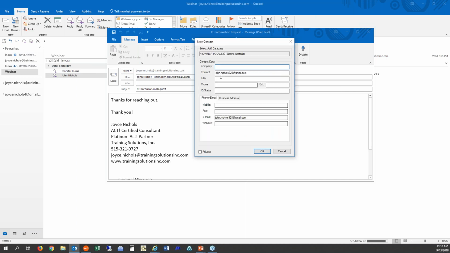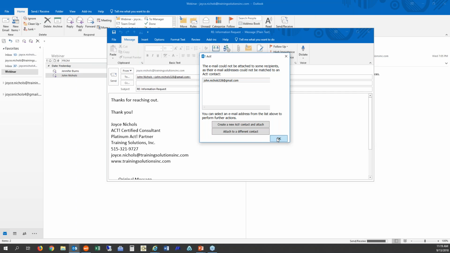And again, this is ABC Company, and the contact that's really his email. So his name is really John Nichols. And again, I would put in the ID status. So I'm creating right from my initial send. I'm going to select OK